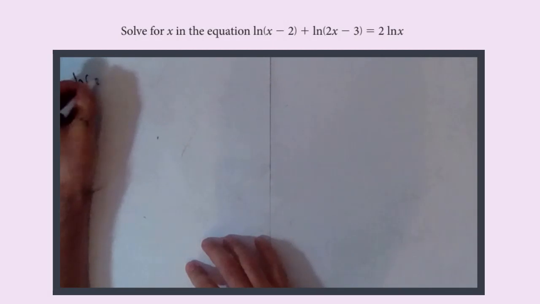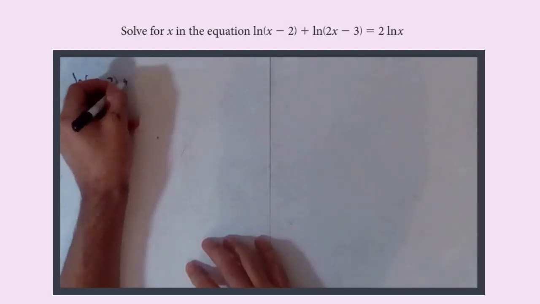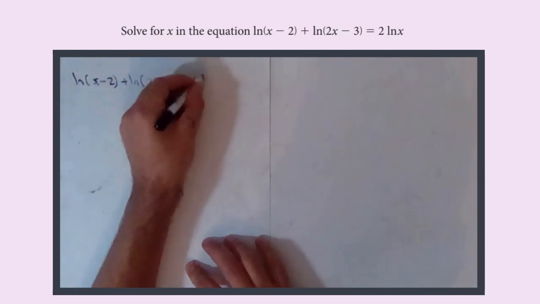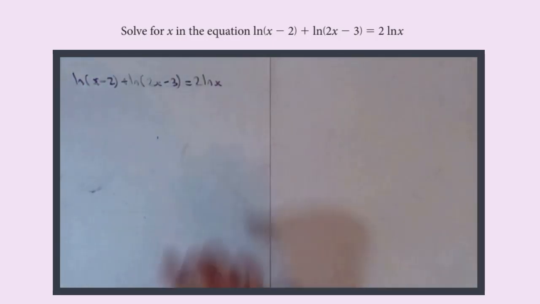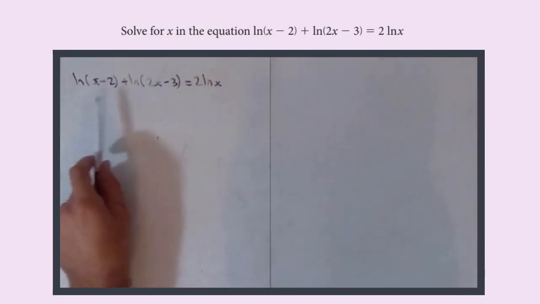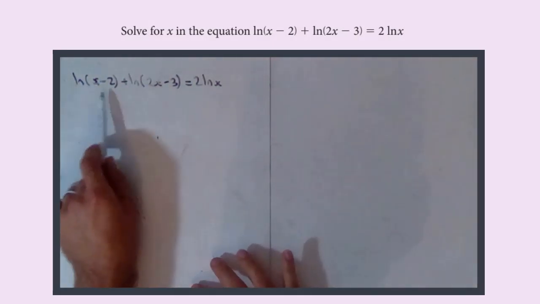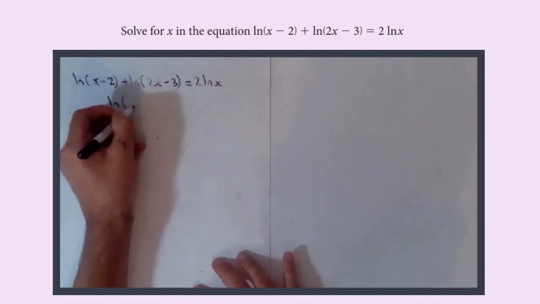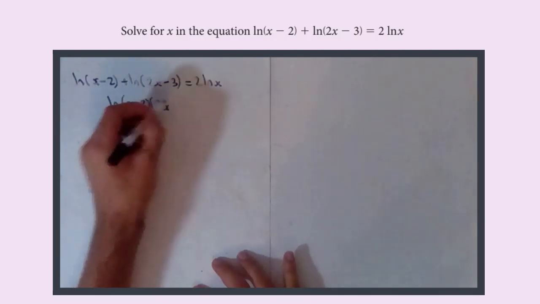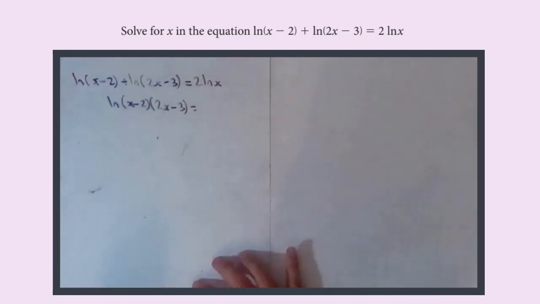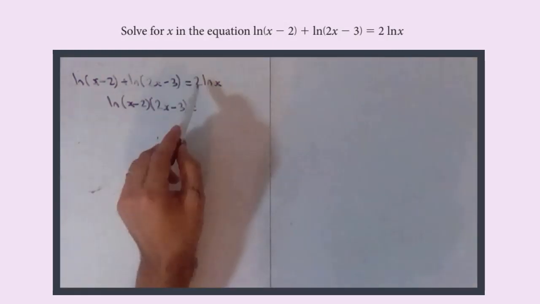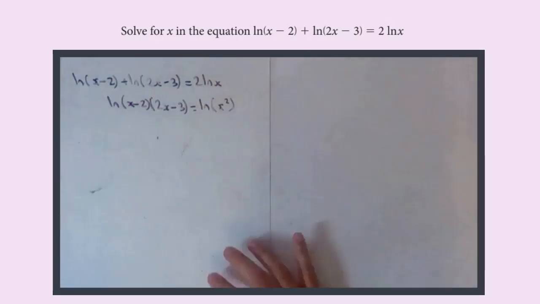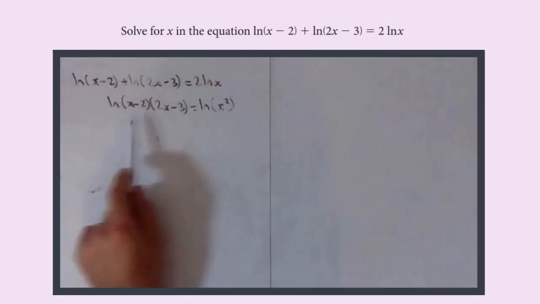ln (x minus 2) plus ln (2x minus 3) equals 2 ln x. So what we're going to do is use the first law of logs on this, so we can say this is ln of the product of these two terms. So ln of (x minus 2)(2x minus 3) equals, and now we use the third law and put the 2 up there as a power, so equals ln of x squared. So now we're going to have to deal with this bracket,